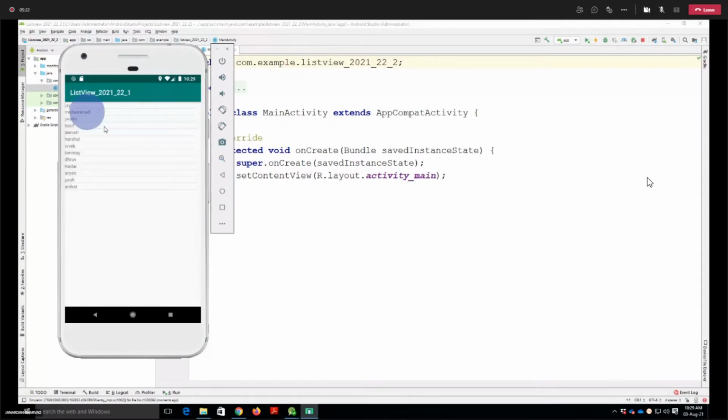Okay, so as you can see here, this is the list view, and I have populated some data. And when I click on a particular item, it is also showing us the position and the value. Position means on which position that particular item is, and if I click on it, it also shows the value, that means the text of that particular item. So if you want to perform this kind of practical, first we need to take a list view, then we need to take separate data, and then we need to combine both of them.